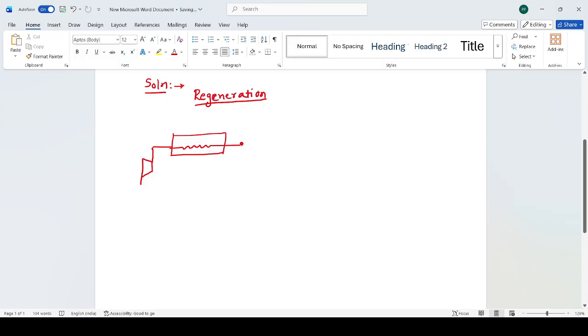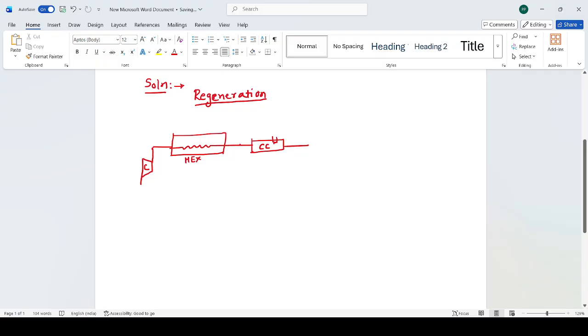And after this heat exchanger, air will be admitted into a combustion chamber. So I'll write this as C, that is a compressor, and this is a heat exchanger or a regenerator, HEX. This is CC, combustion chamber. We will supply the fuel,